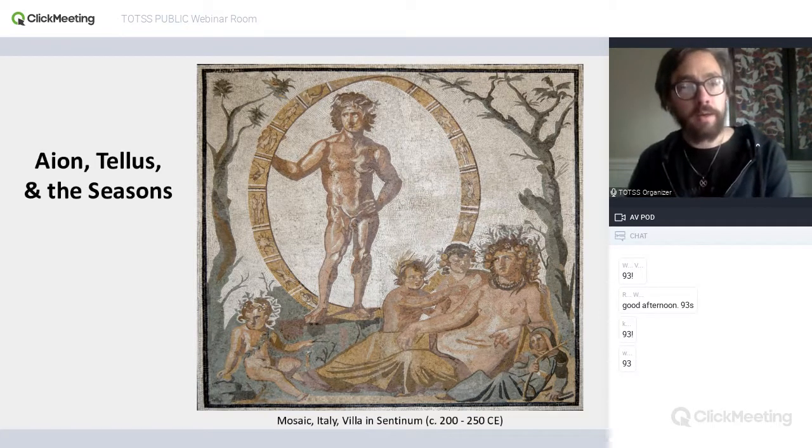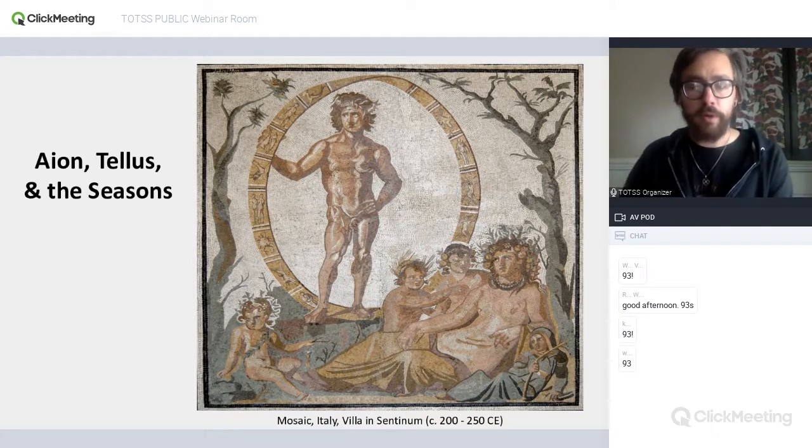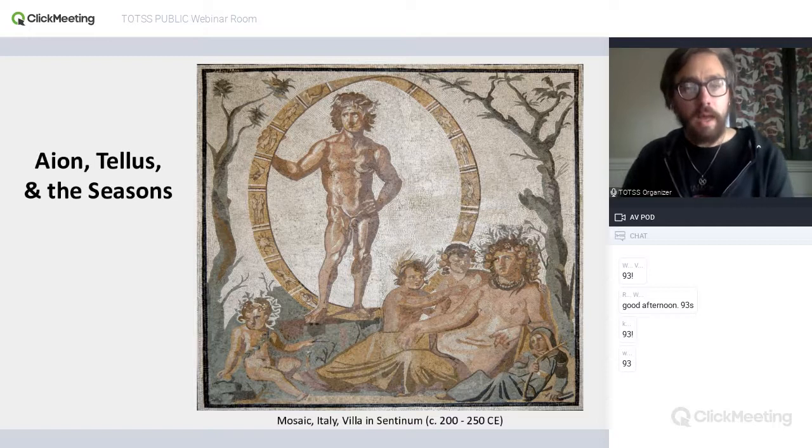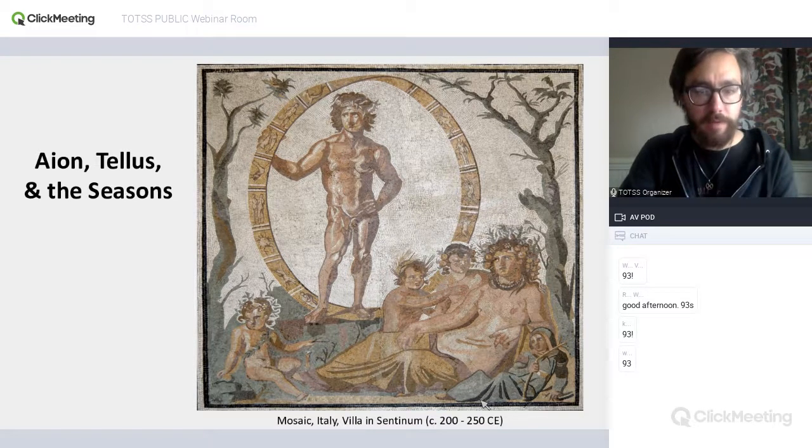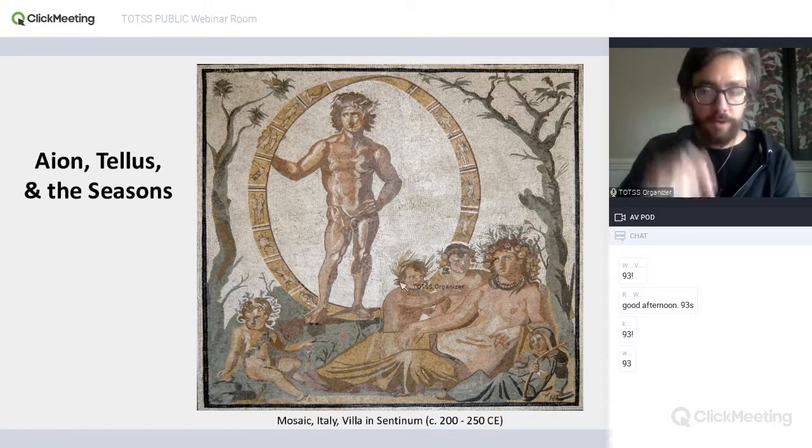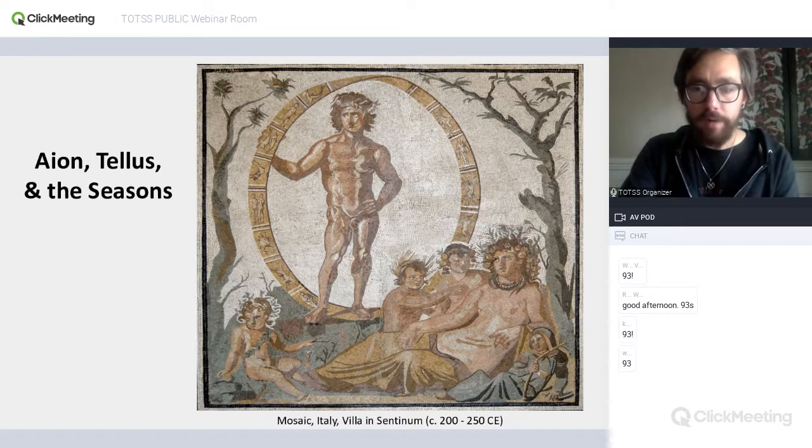So in addition to Aeon here, we also have Tellus. Tellus is the Roman version of the Greek Gaia, the Titan of the earth, the personification, representation of that primordial power of the earth. And then we also see her 4 children as the 4 seasons. So we have, let's see, spring there on the left. Then right next to her, we see summer. And then this is fall here, and you can see the corn behind his ears there, representing the harvest.